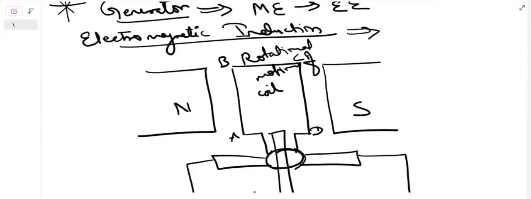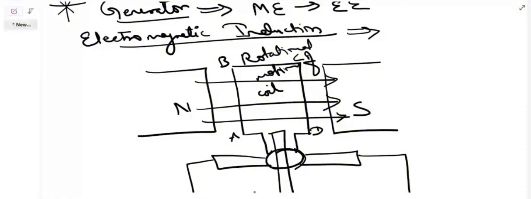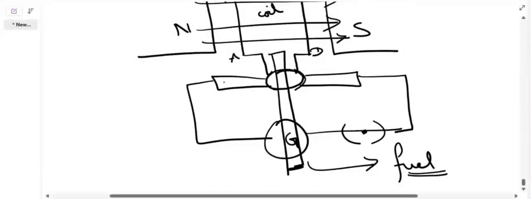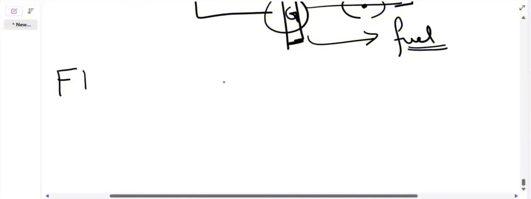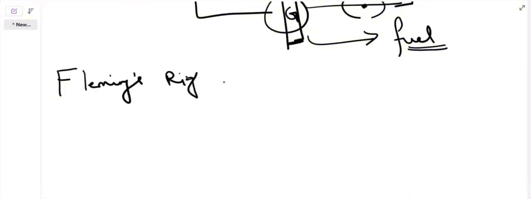So the force of rotation is cutting the magnetic field at 90 degrees. Making sense? Yes. And when we apply Fleming's right hand rule, try to understand this factor. When we apply Fleming's right hand rule,